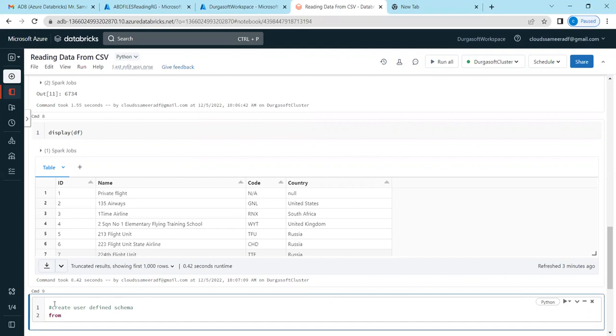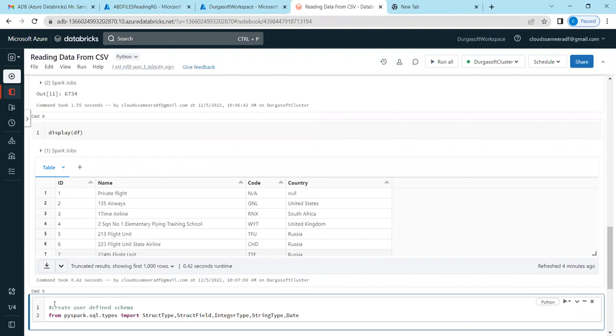From pyspark.sql.types, import StructType, StructField, then IntegerType, StringType,